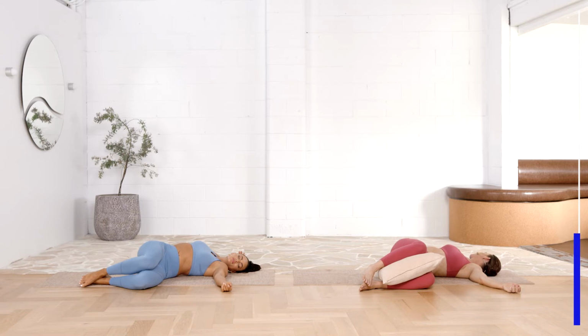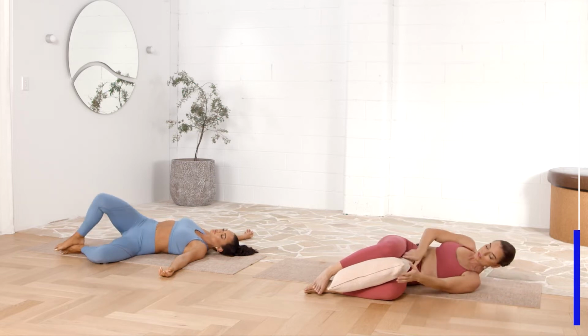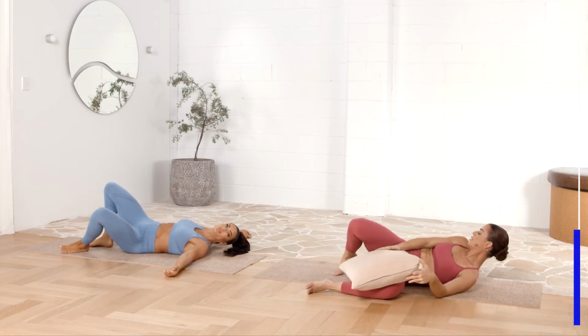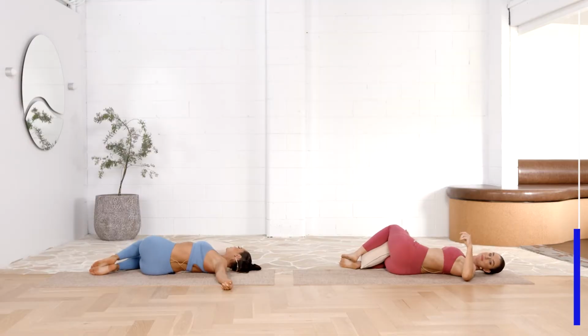You can rotate your neck if that feels safe for you. And take one more deep breath here, and a long breath out. And then we'll just slowly move to the other side. So just taking both knees to the other side. For my pregnant friends, you'll just take the pillow, take it in between your knees, and then we just move to the other